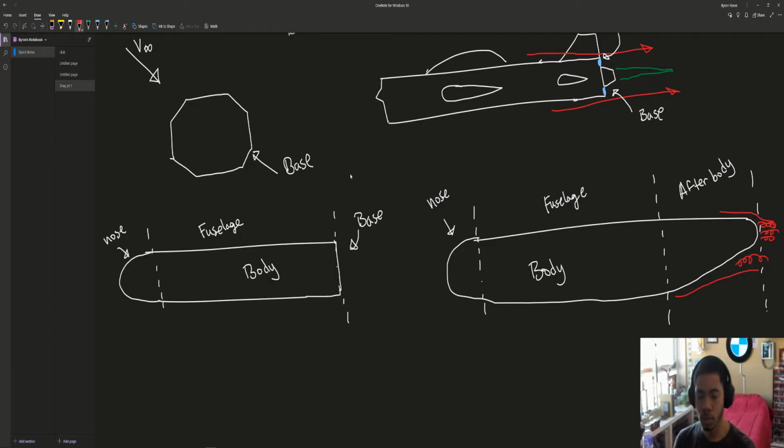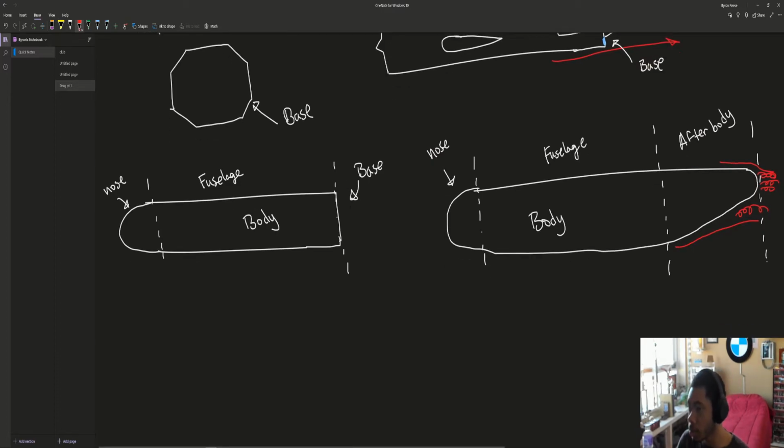Now, depending on what you want to say, if it's flat at the back, you could call it a base drag. But typically, this entire section is called the afterbody. And this is where the afterbody drag comes from. When we deal with boat tails, for example,